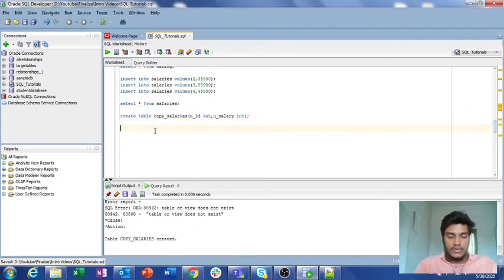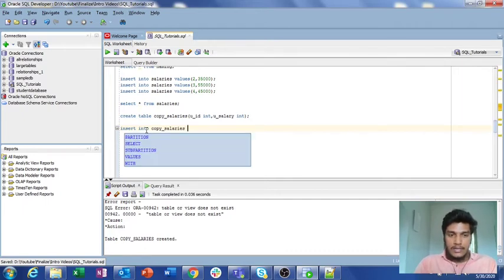Now I want to copy the contents from salaries into copy_salaries. How to do that? We have the INSERT INTO clause here. Now I am writing INSERT INTO. Insert into the table where you want to copy the contents, so here I want to copy it into copy_salaries, and then you need to specify the query whose results you want to store in copy_salaries.